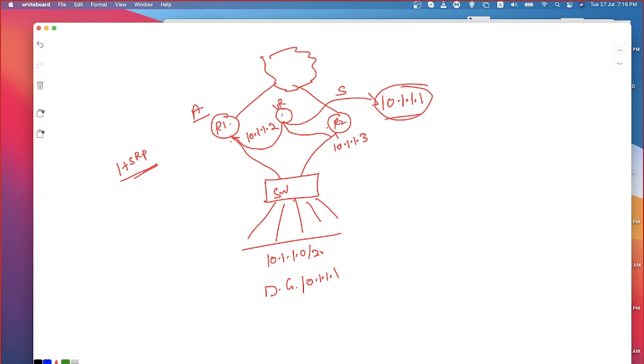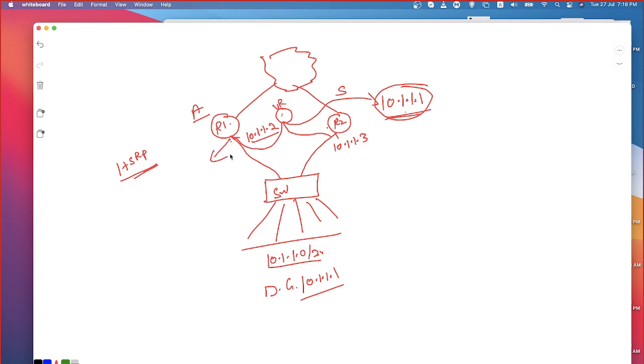Do you understand? Okay. So what I'm basically trying to say is, if you have two physical routers and you need to configure the IP addresses for the physical interfaces, at the same time, the virtual router should also be configured with an IP address. The default gateway of your internal PCs will be configured as the virtual router's IP address. Because of that, the router that has taken the role of active will be responding for that, even though the interface IP address is entirely different. See, the interface IP address is 10.1.1.2, but the virtual router IP address is 10.1.1.1.